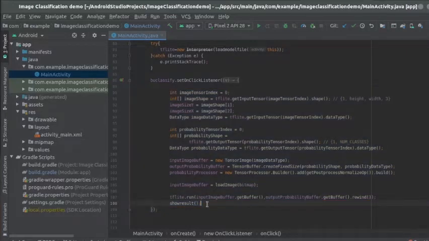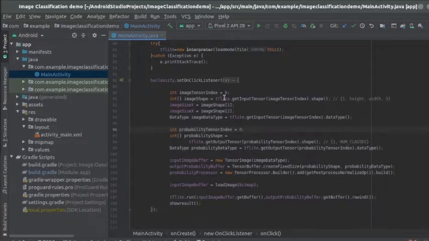Let's understand. These four lines are trying to get the shape of the model and the data type of the model input. As you can see, get input tensor will get the input tensor from the model.